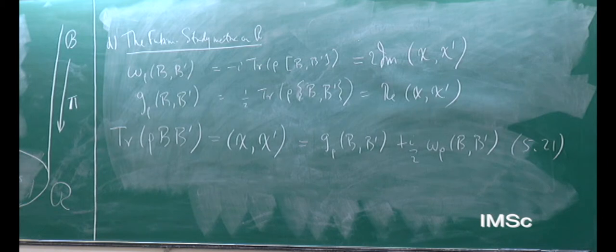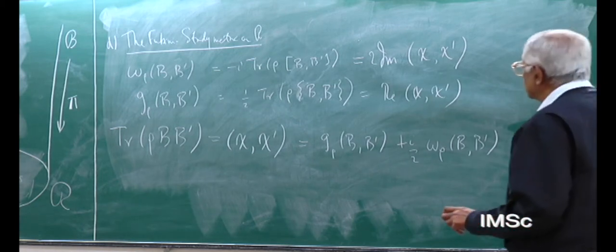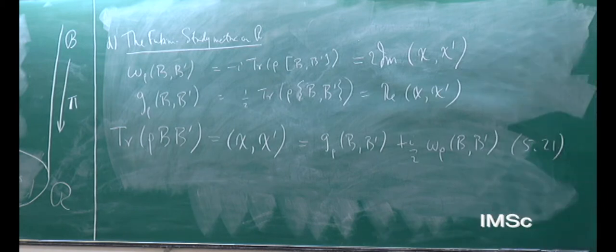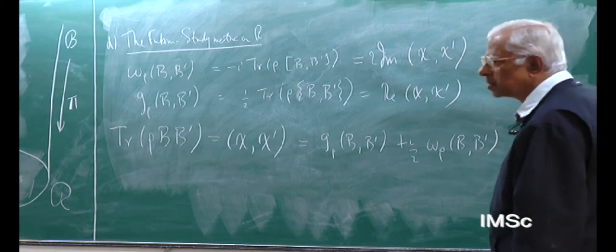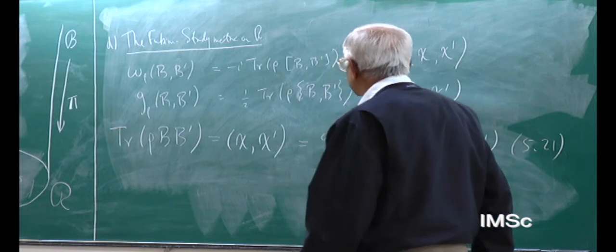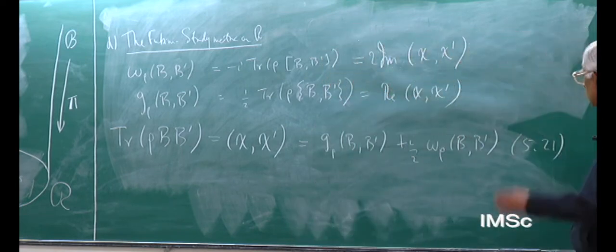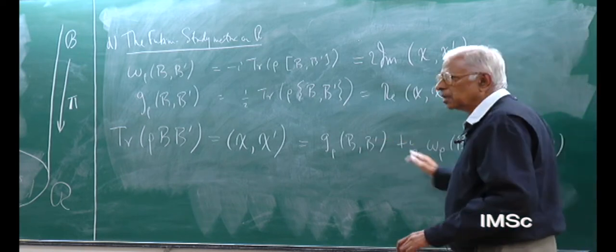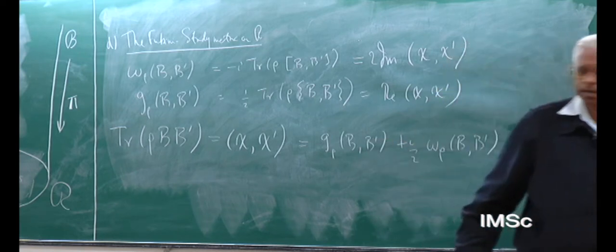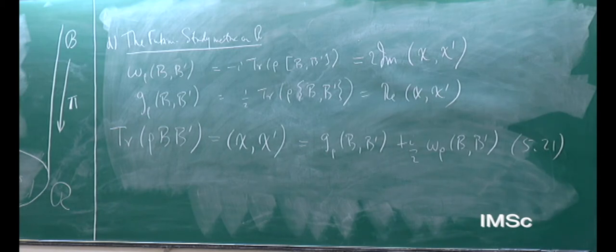To what extent is this factor 1/2 in the imaginary part interesting? I think things in life would have been much prettier if it can be absorbed somewhere. I mean, supposing I take chi and chi prime. Instead of that, I take chi double prime, which is i times chi prime. Then these two will get interchanged, the real and imaginary parts will get interchanged. And that's a normally expected thing about complex structure.